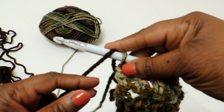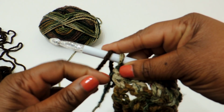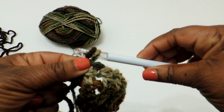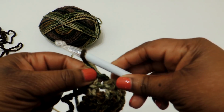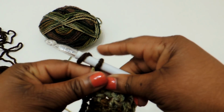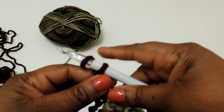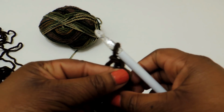Here I am, I'm showing you how to add yarn. So we've done 3 rows using the multicolored yarn, and now I'm going to switch to my solid color yarn. And you saw there, all I did was I just draped the yarn over the crochet hook and then just started crocheting. So if you need to see that again, just rewind it